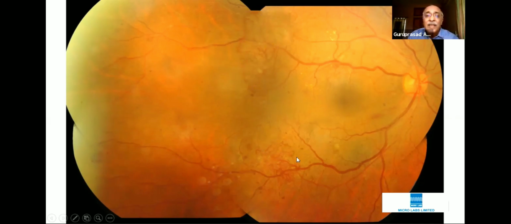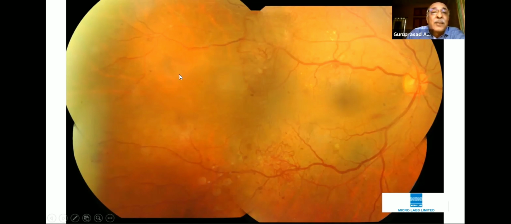So this is an area of flat neovascularization with arborizing new vessels. A similar area of arborizing new vessels is seen along the inferotemporal arcade, about 3 disc diameters from the fovea, straddling the inferotemporal arcade, and this measures about 2 disc diameters horizontally and vertically, more or less squarish in shape.